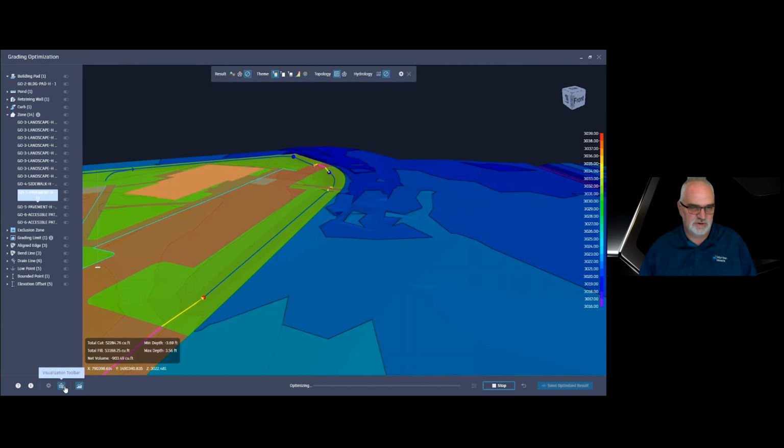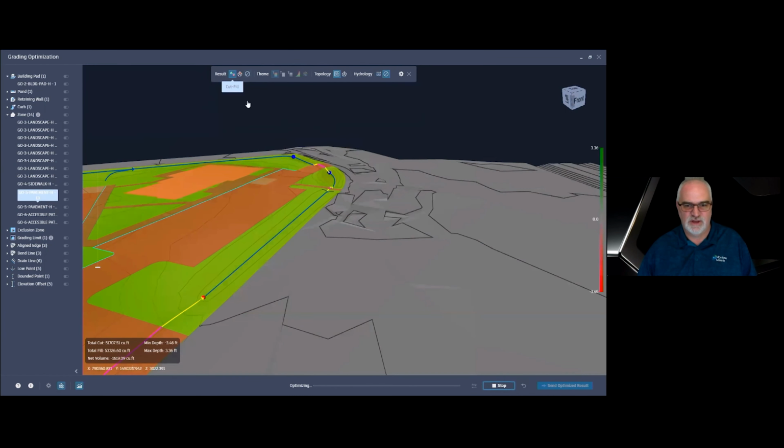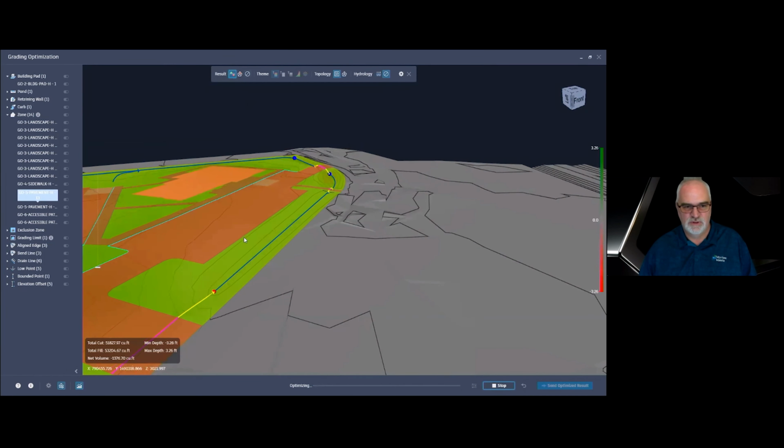And then you also can control how it looks. You have a cut and fill, which if I turn off a few things here, you'll be able to start seeing the red and the green come through where the cut and fill is. I'm going to turn things back on.